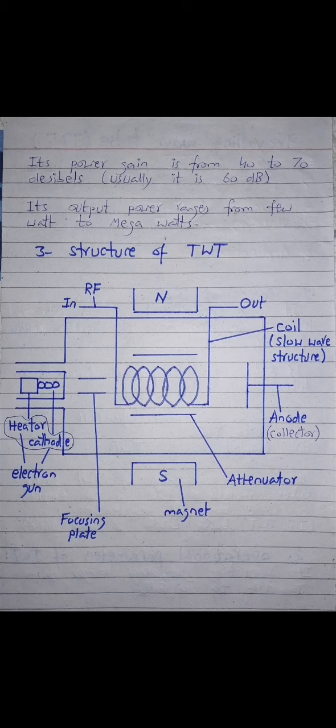Here we have an attenuator region to absorb the RF energy which may be propagated in the reverse direction, and without it the tube could be unstable and can self-oscillate. At the end we will discuss the anode which we also call the collector. The final part is the collector, which is capable of trapping the electron beam and dissipating the remaining energy as heat.